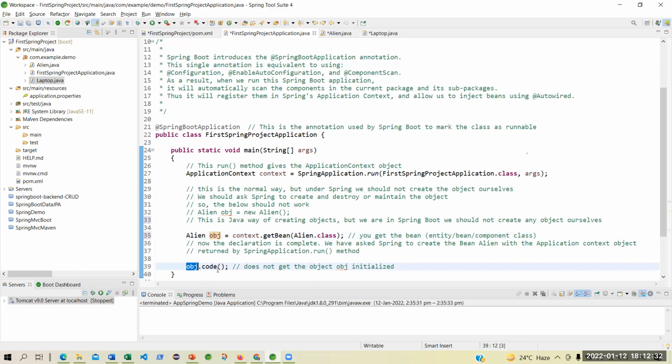And once you are out of this program, this object will be destroyed from the memory. See the beauty of it. Are you writing any garbage collection program to destroy this object after your program runs, in the finally section? No, you are not doing that.